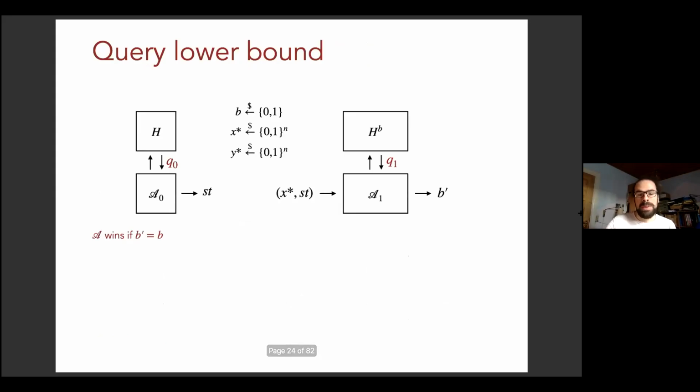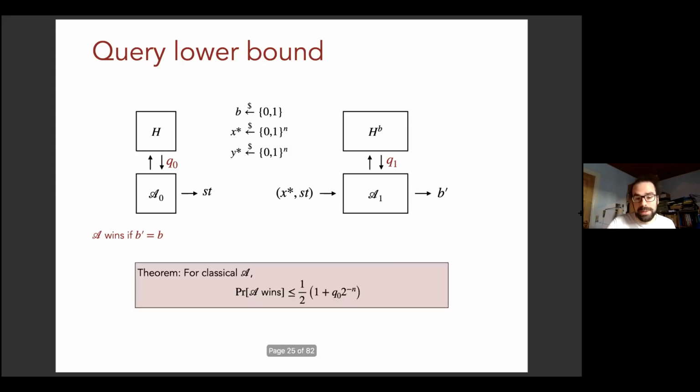Okay. It turns out that in the classical setting, this is an extremely simple game. And it's easy to come up with a bound on the advantage of such an algorithm in winning this over random guessing. So here is such a bound. The advantage is upper bounded by a term proportional to the number of queries that the first stage, A0, makes, divided by the domain size of h, right? And this turns out to be tight. There are matching algorithms, and I will talk a little bit more about this later.